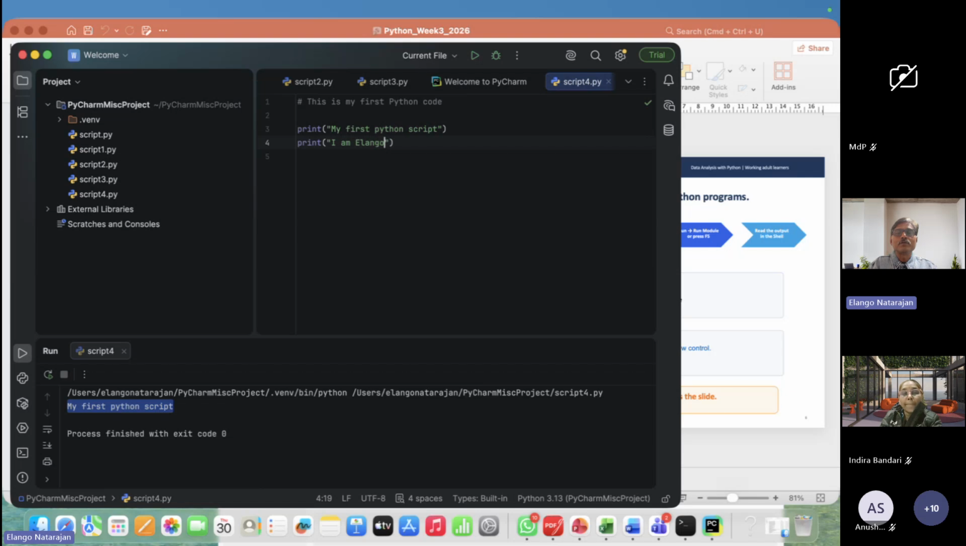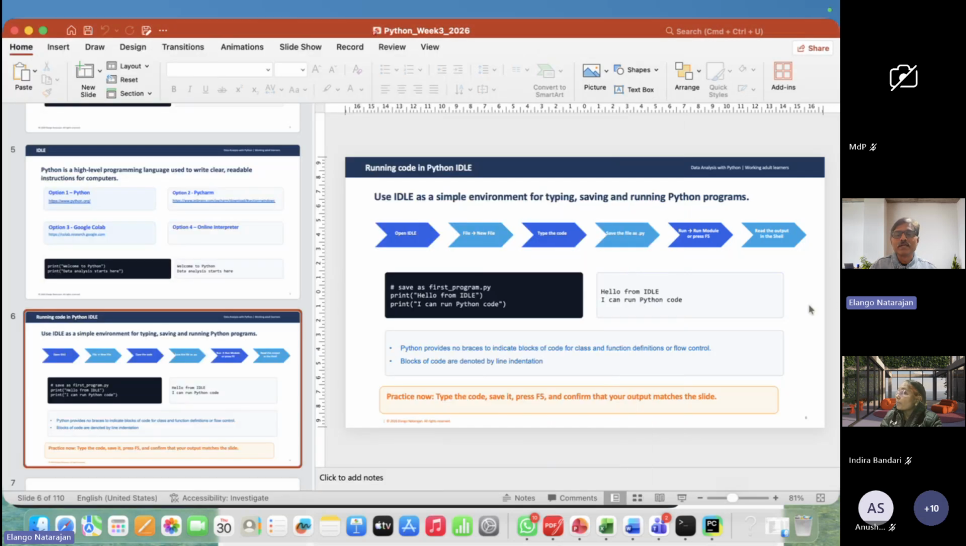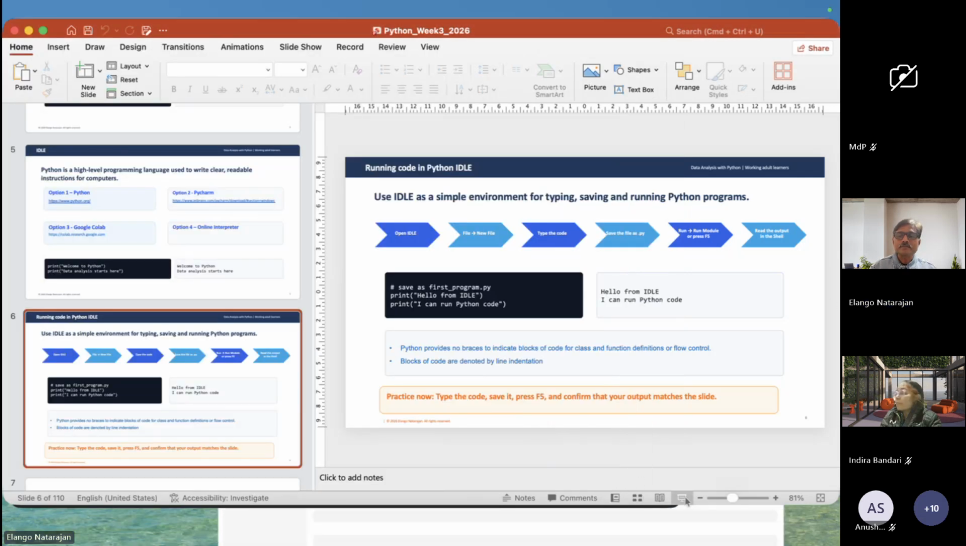I'm Ilango, living in Central Auckland. So next line, I get it. Yeah, my first Python script, I'm Ilango, living in Central Auckland. So this is how you will be working with PyCharm. Okay. Next,